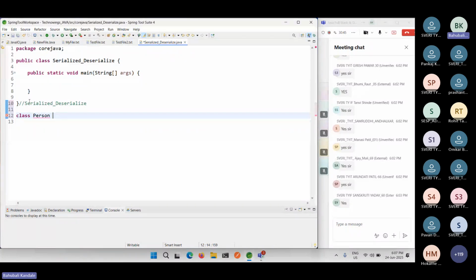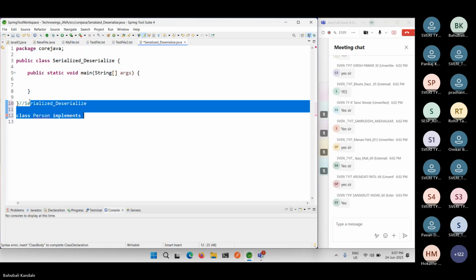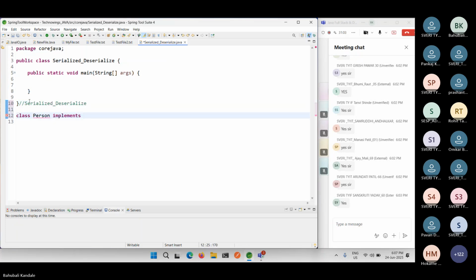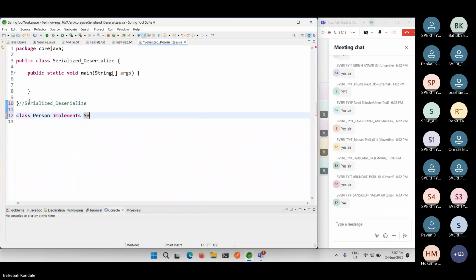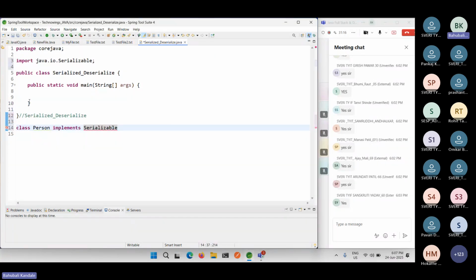So that's why I'm going to implement the Serializable interface. Serializable is an interface held by the java.io package. Once we implement that,